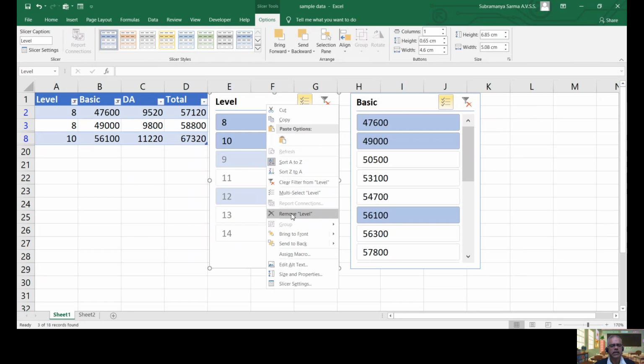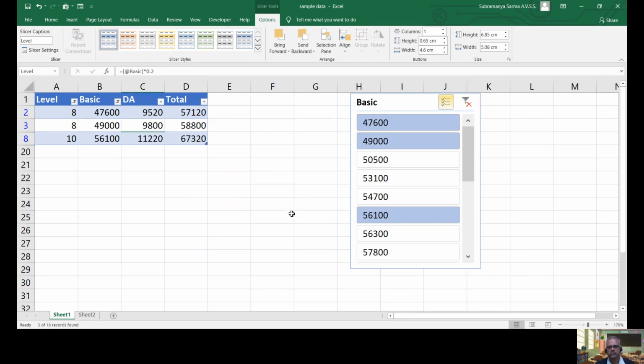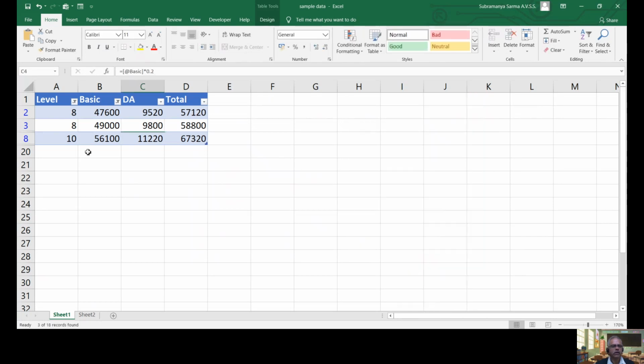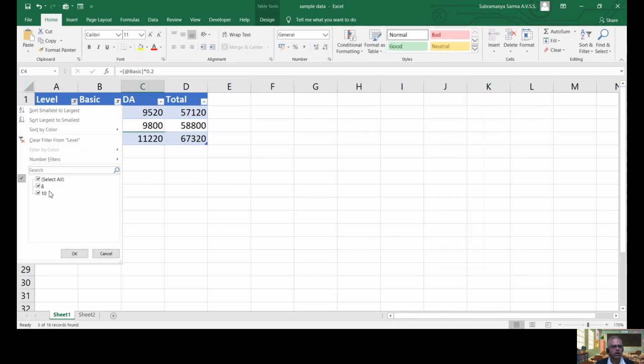But understand that a slicer is a filter which will allow you to select a field, and once the field is selected, all the unique values of that field will be displayed in the slicer, and based on your selection of the values in the slicer, the data will be filtered. I'm removing these slicers and selecting all the values.